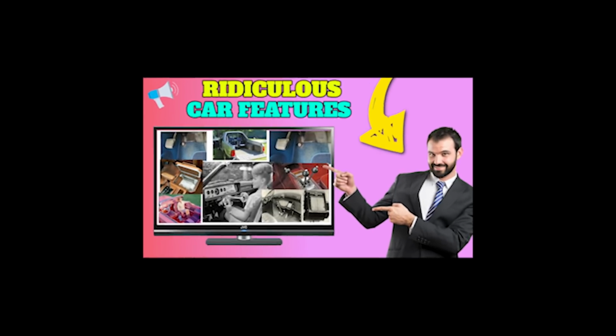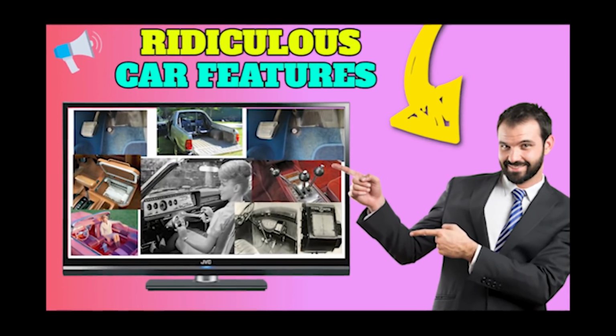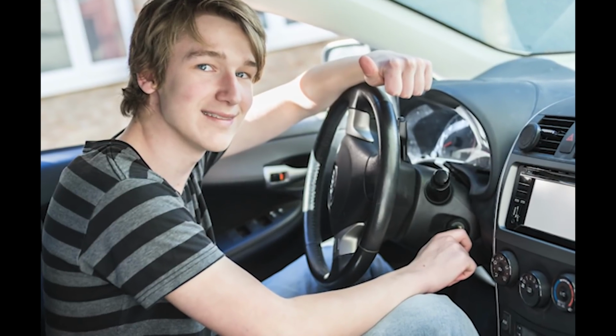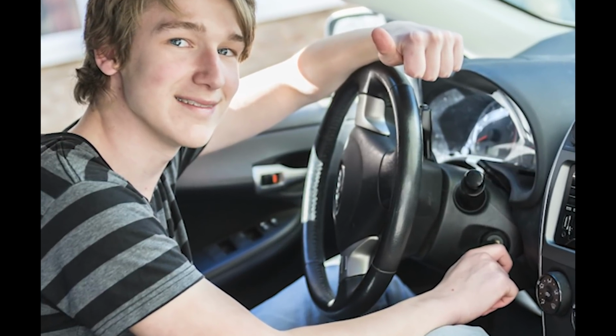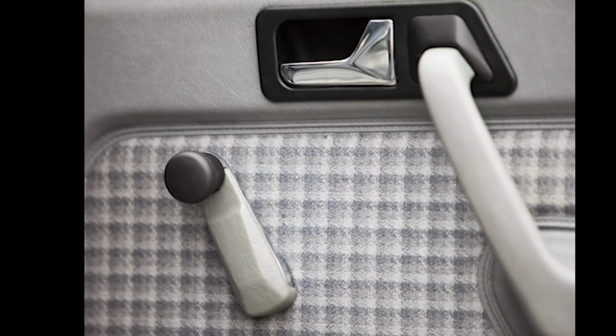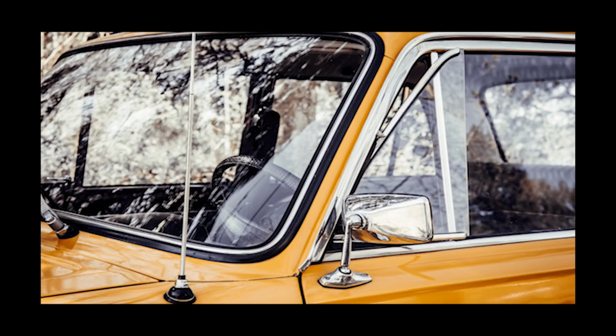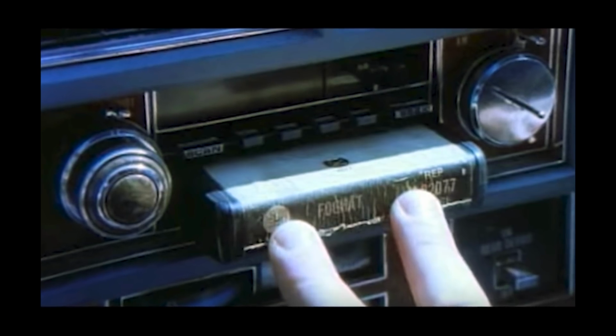This is the story of the 10 most ridiculous classic car features ever. The modern car owner has never even seen some of the classic car features, let alone used them. In the past, automobiles featured hand-cranked window cranks, radio antennas, foot-activated light switches, and more, not to mention how well